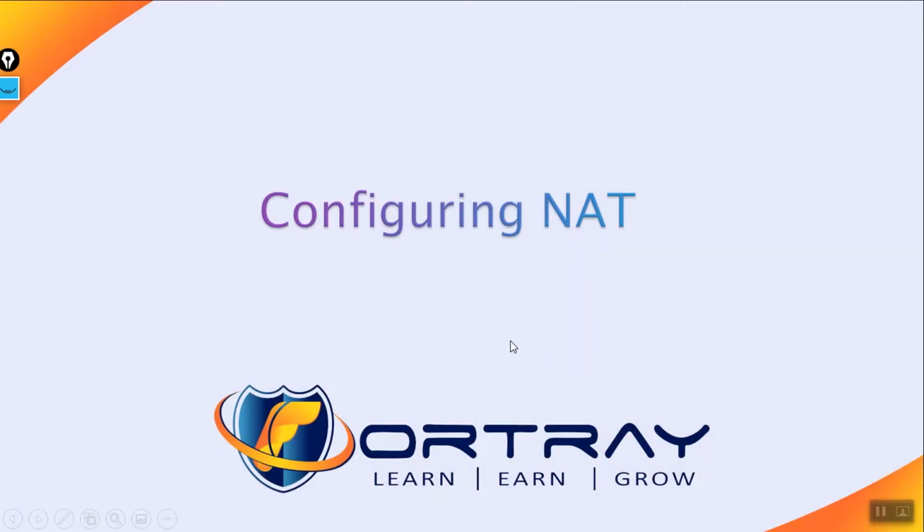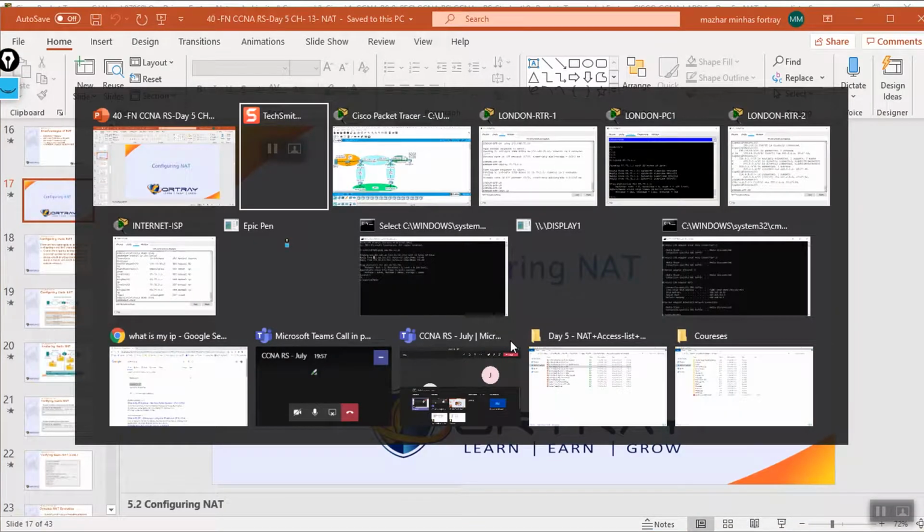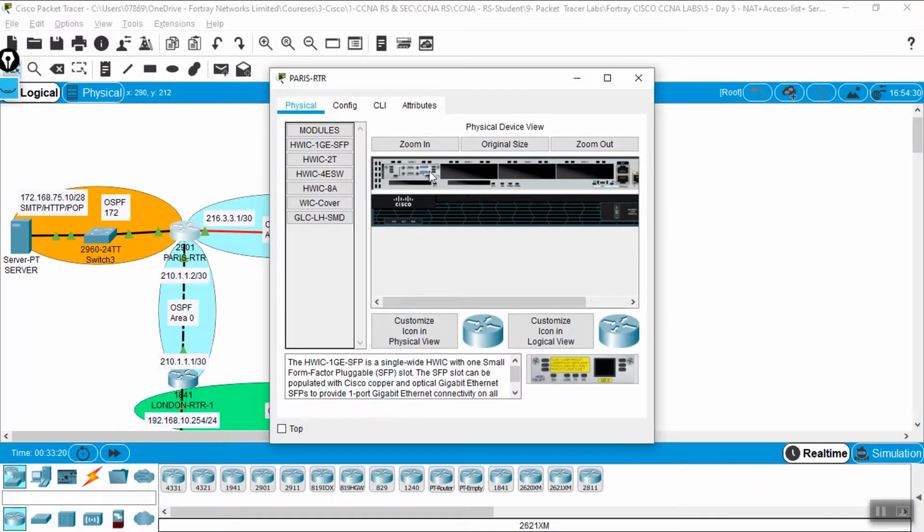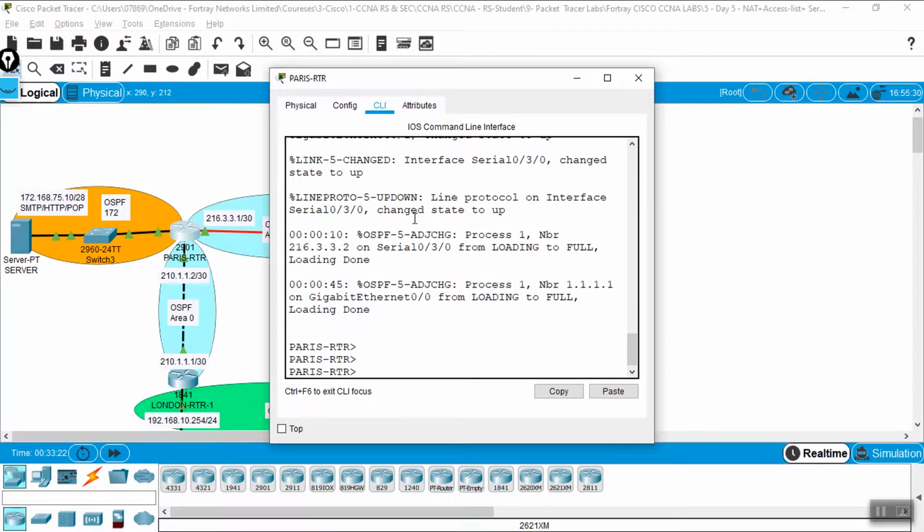So first of all, we are going to configure the one PAT example. As of now, what is happening? Okay, just have a look. I'm turning on, for example,